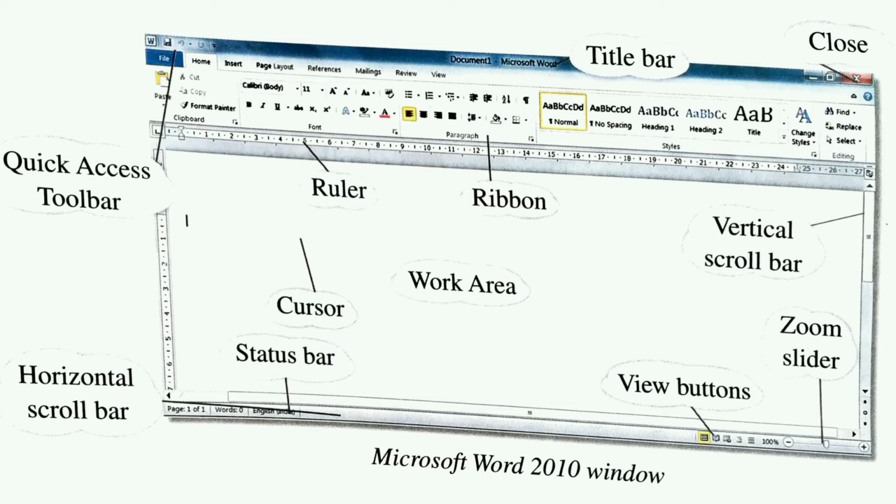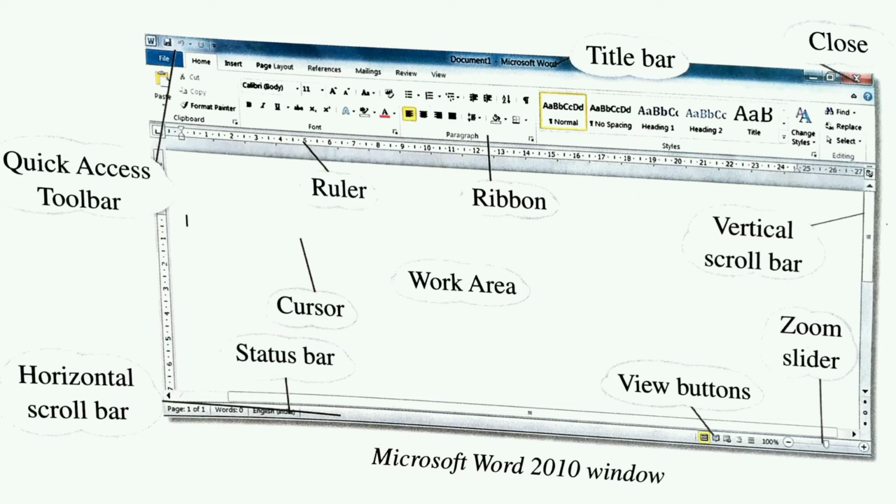Now there are various view buttons like print layout, full screen reading, web layout, outline and draft. So you can view the page on which you are working in any of these formats by just clicking on the buttons directly. You can just click on the buttons and you can see which page you are on right now.